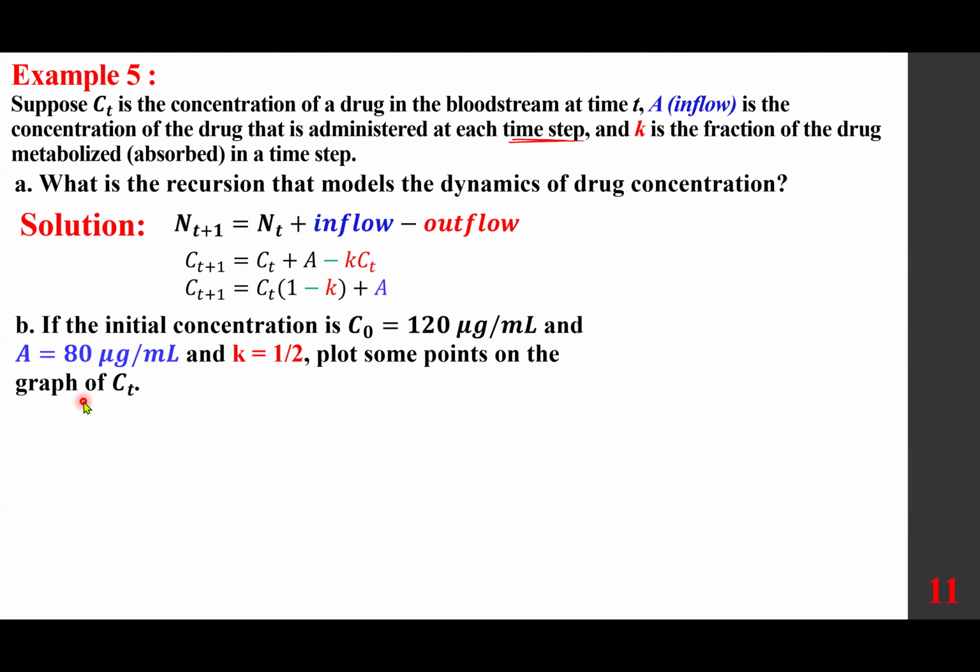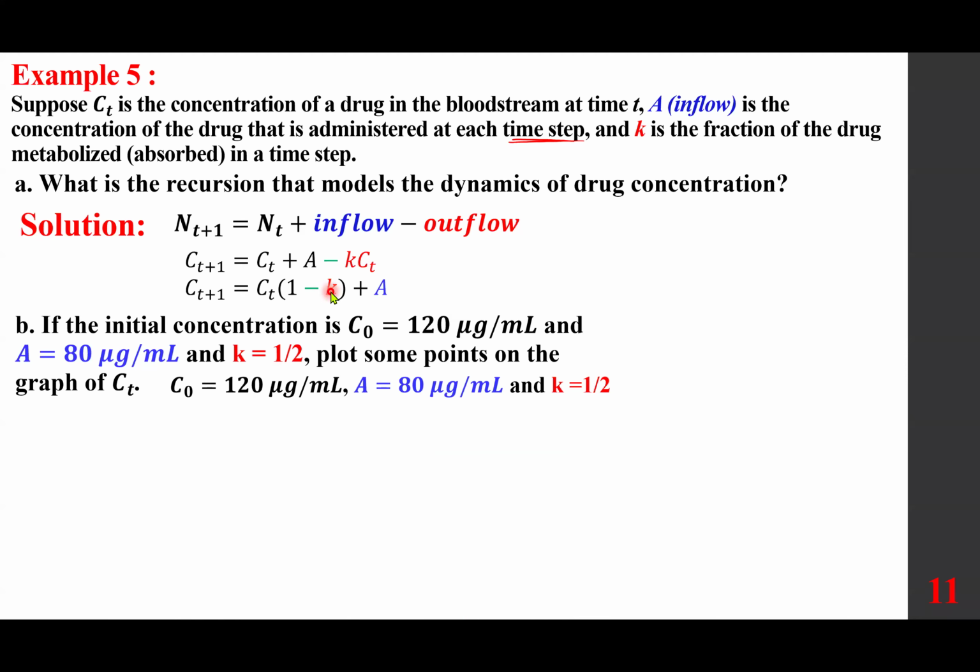In other words, find the first few, and then you can do the graph. So we are going to go to this one and replace what we have here. First, let's write C sub 0 is 120 micrograms per milliliter. A is 80 micrograms per milliliter. K is 1/2. And now into this formula